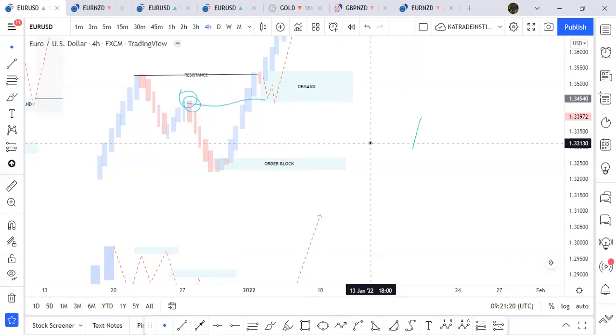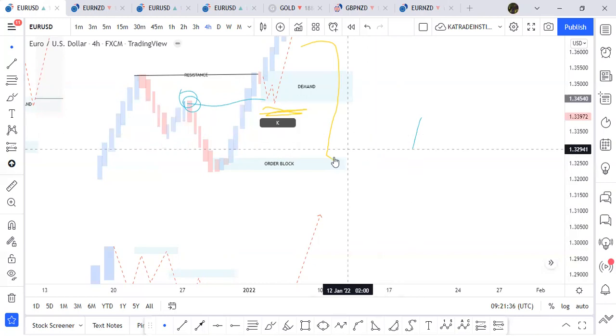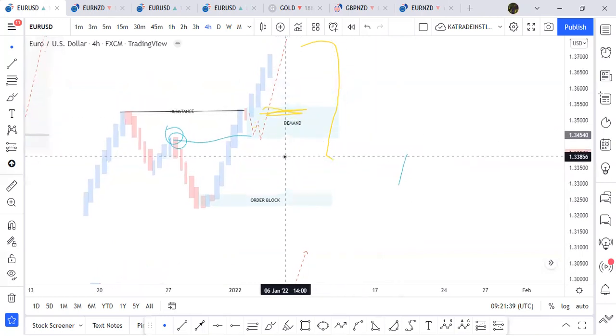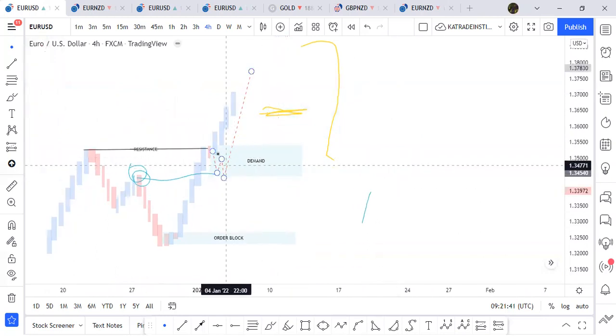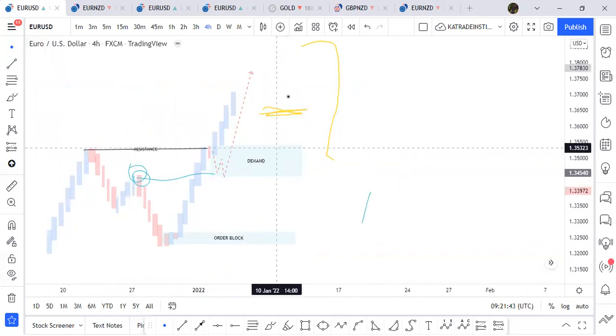But in thinking, you still have to see that in the nearest future, the market is coming back to retest this order block. Now, at this point in time, a structure here has been broken. If price is able to respect this area and push to the upside,